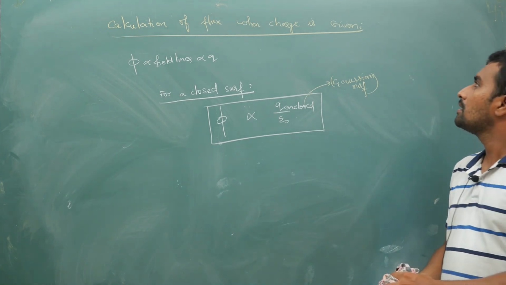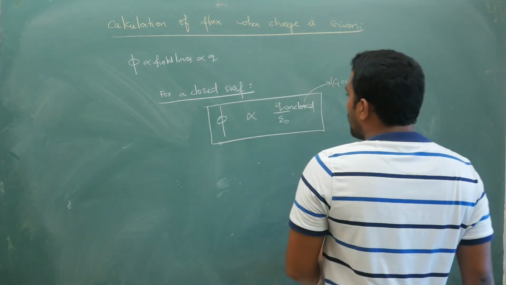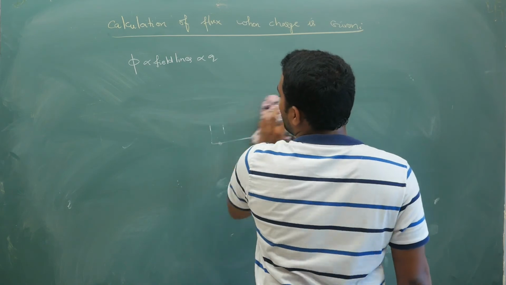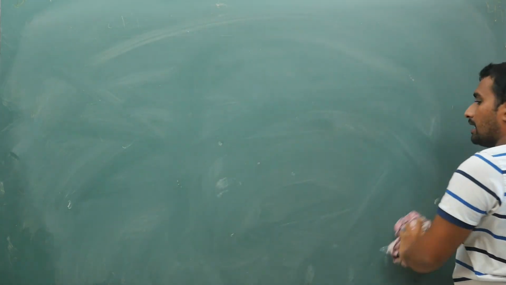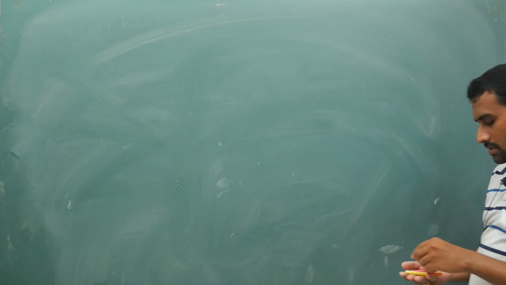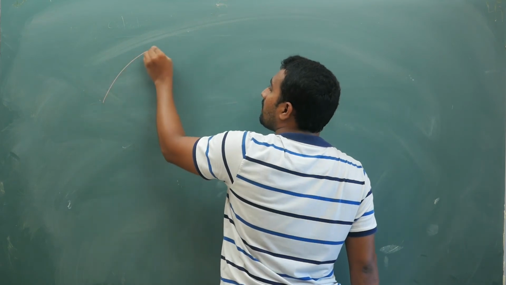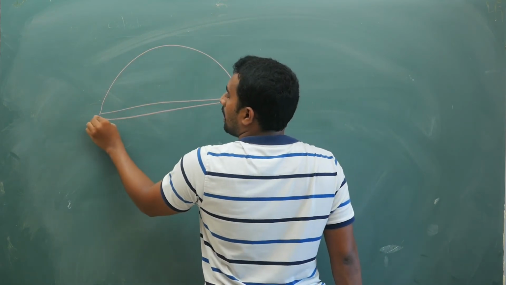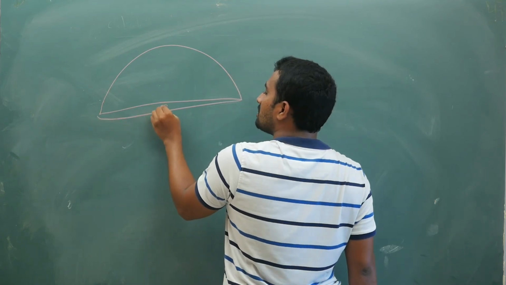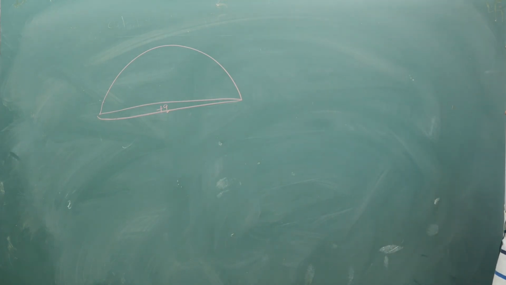I will explain. So first I am going to erase this part. Now we will divide the field lines based on symmetry and then we will try to give the answers. So how is that? I will tell you. Let us say you are given a hemisphere like this and you have placed a charge plus Q here.